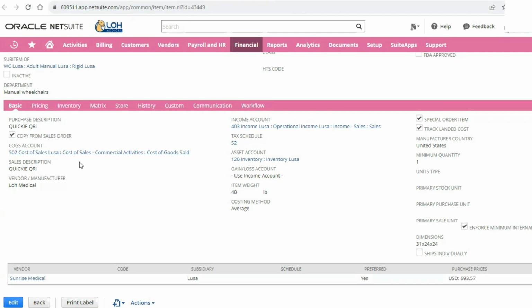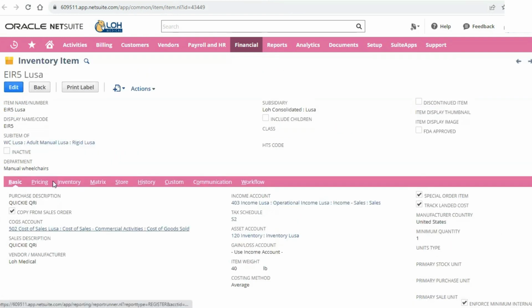So, for example, these are Lowe USA income, inventory and cost of goods sold accounts. On this main page in the basic tab, you're also going to find purchase prices, and the vendor that we're submitting POs to. So that's important to know.